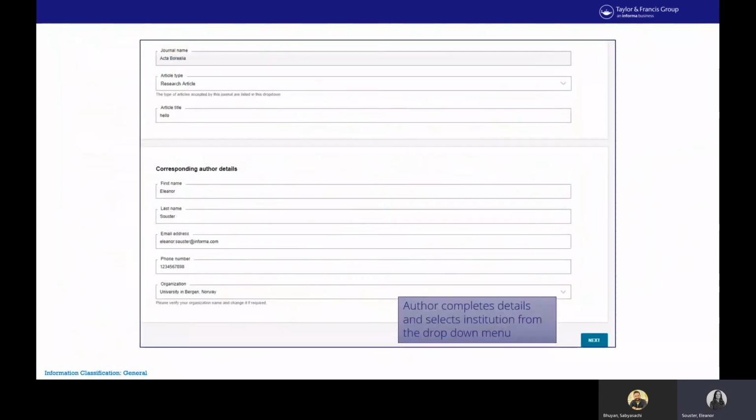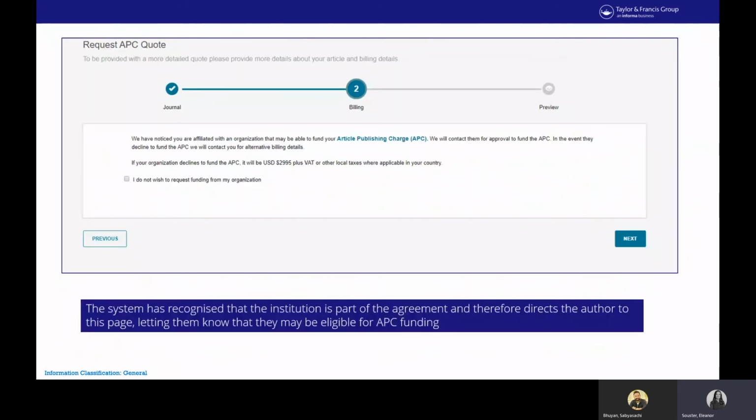Then here they have to fill in some more corresponding author details, so their name, their email address, their phone number, and crucially at the bottom here, the organisation. So they need to start free typing here, and then the box will offer some suggestions as to what the institution could be. And it's absolutely critical that they input their institution here, because it's at this point that the system would recognise that if they've put in Norway, for example, or Finland or wherever, any country where we have an agreement, the system has recognised that that author is affiliated